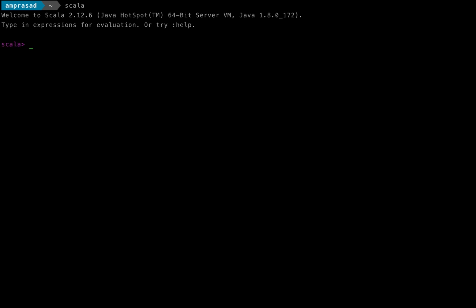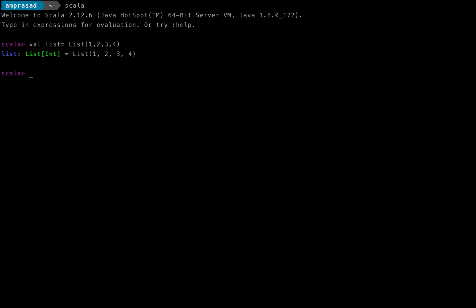Basically your logic will be in one place, and you can call that logic wherever you need it by passing those functions as parameters. We'll see one small example of a higher order function. Let's say we have one list, but before that we will go to the REPL of Scala. Let's say we have a list of type Int with four elements. So we have defined one list called list.